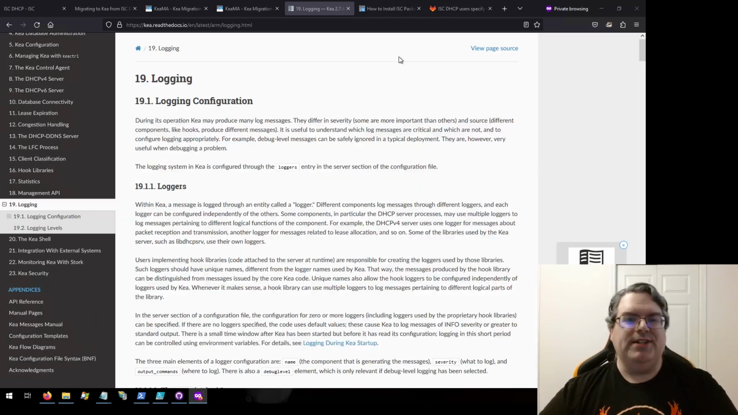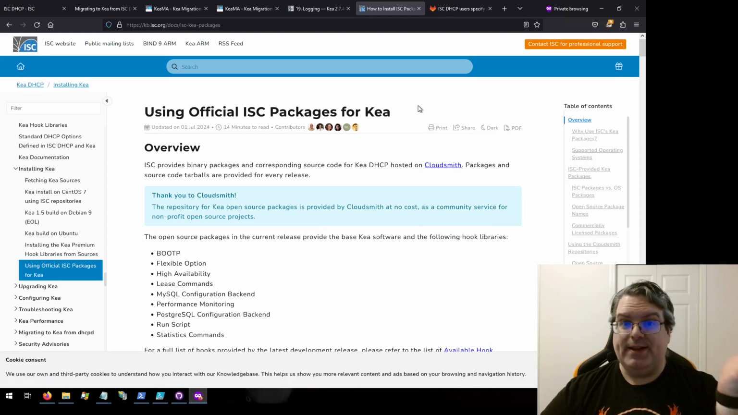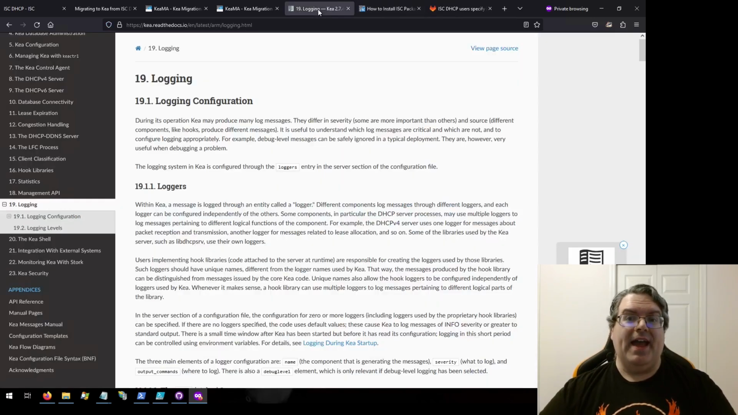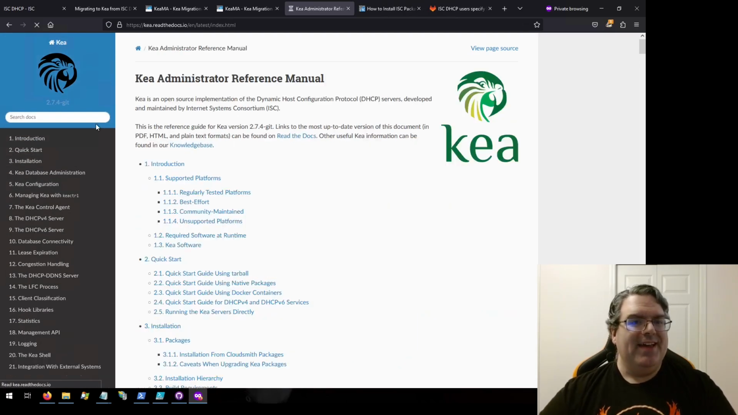So I'm going to take one other detour, come out of this, and say, use official ISC packages for Kea. If you were to install from your distribution's package management, you might get Kea 2.4, you might get Kea 2.6. I don't know which. At this point, to the best of my knowledge, Canonical, who runs Ubuntu, still has Kea 2.4 in the repositories for the latest LTS, which was 24.04. However, since then, Kea 2.6 has been released, and this massive administration manual, if you look at it,